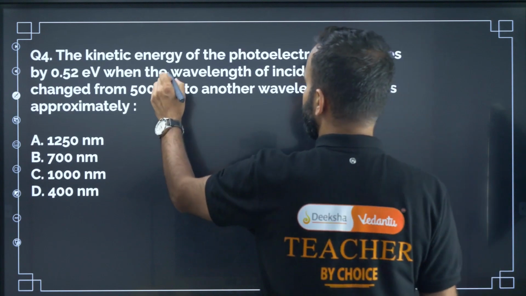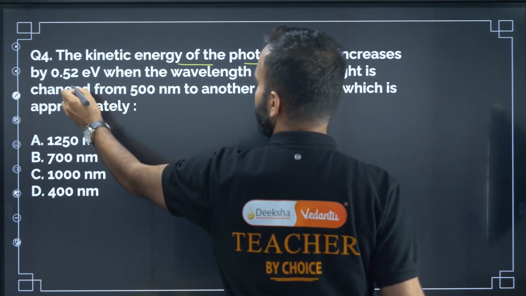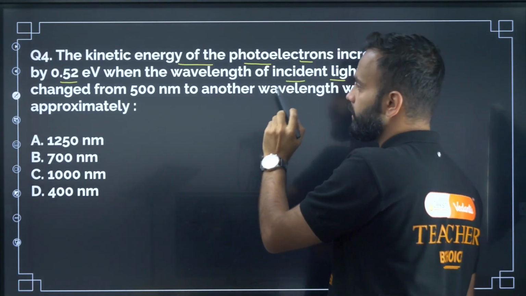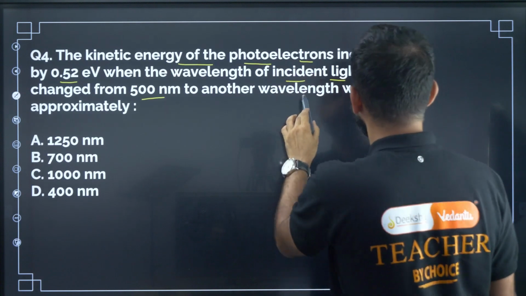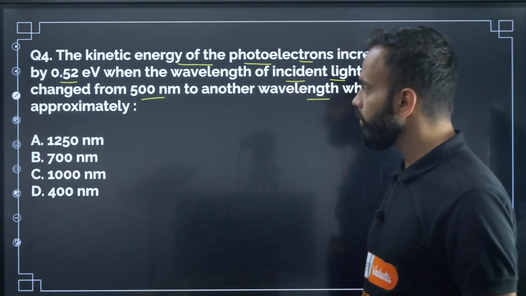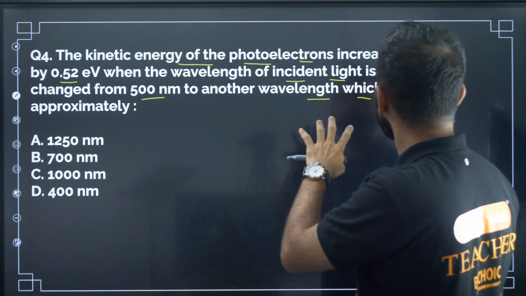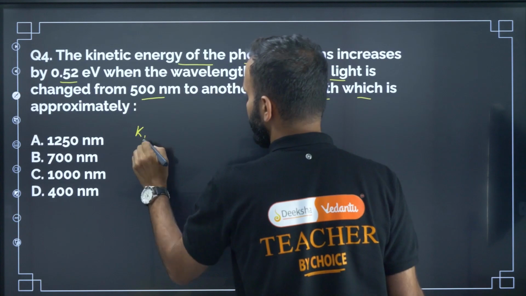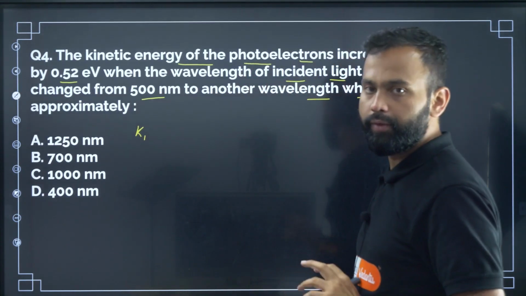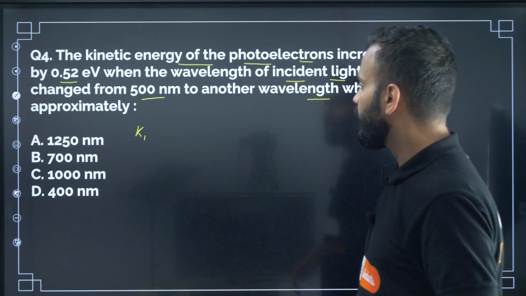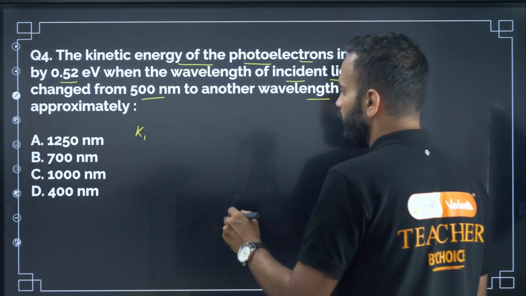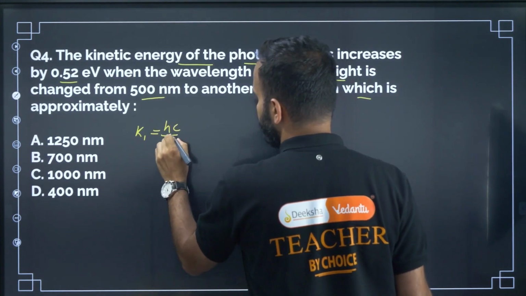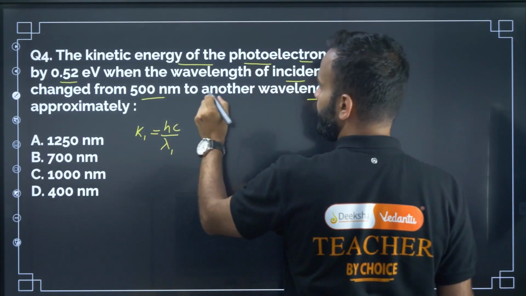Question number 4. The kinetic energy of the photoelectrons increases by 0.52 electron volt when the wavelength of the incident light is changed from 500 nanometer to another wavelength, which is approximately what? Okay, so here the kinetic energy of the photoelectron increases by 0.52 electron volt, right? K1 is the initial maximum kinetic energy of the photoelectron. From Einstein's photoelectric equation, K1 equals hc by lambda 1, here lambda 1 equals 500 nanometer,